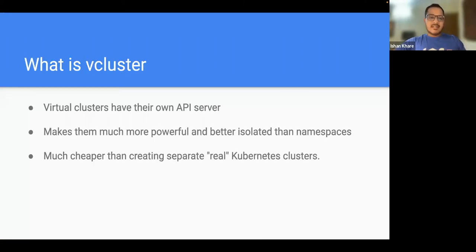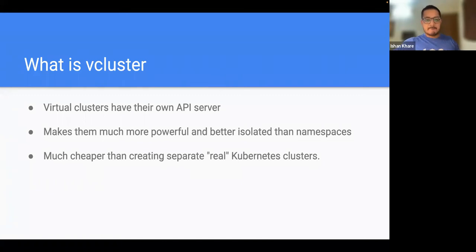If you talk about vCluster, every virtual cluster is going to have its own API server, and in terms of which API server we are talking about, we currently have 4 officially supported API servers. One is K3S, which is the default API server. Other flavors that we have are vanilla K8S, K0S, and we also support